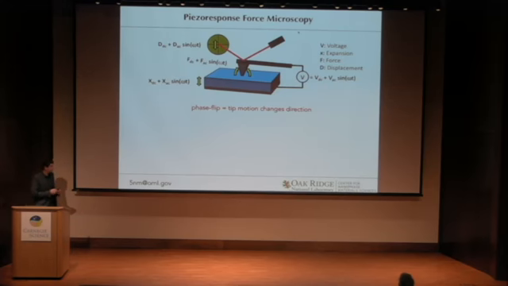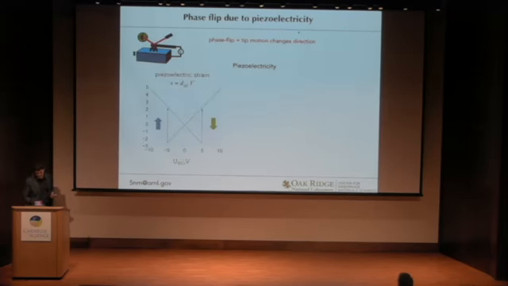Well, phase flip is just the instance where tip motion changes direction, going one way or the other. And so piezoelectricity has been called upon as a very efficient way to change the directional motion of the tip, because every time we switch the piezoelectric sign, the effective piezoelectric coefficient changes sign. So the tip was expanding, or going outside of the material in one case, and it was going into the material in the other case; after the switching, it's going out of the material.